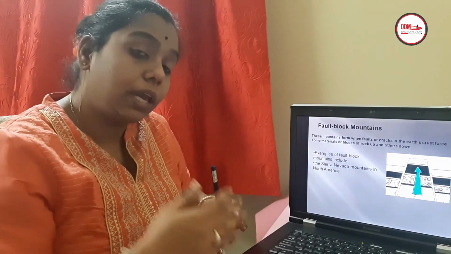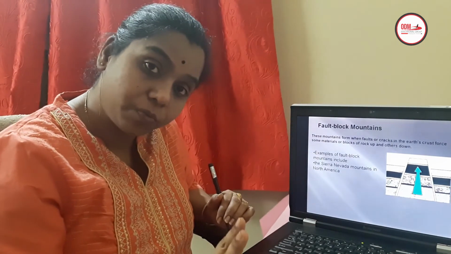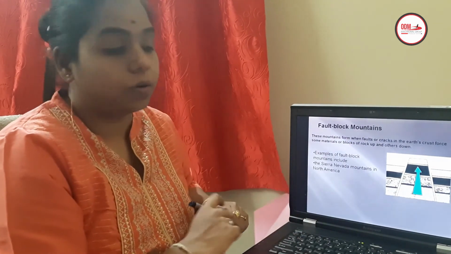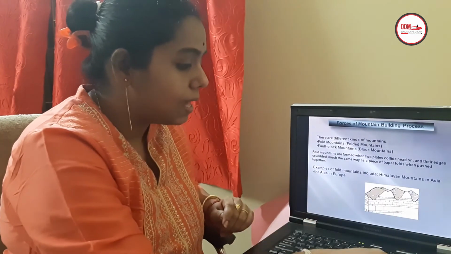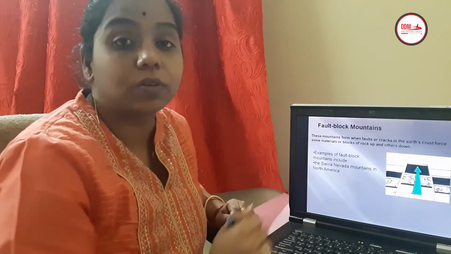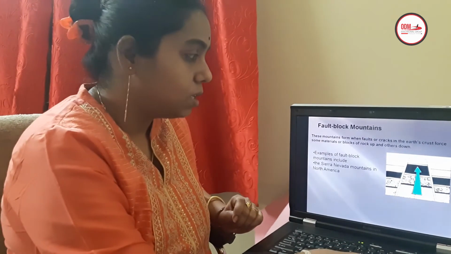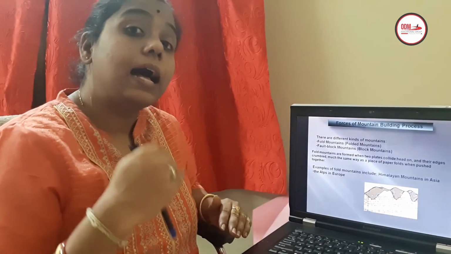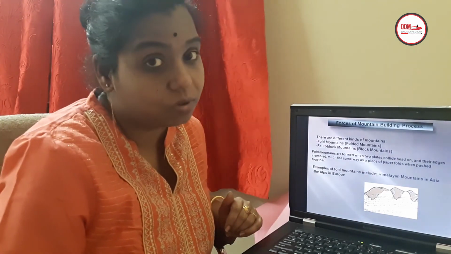So in the concept of mountain building, we have two types of mountains. One is fold mountain, one is fault mountain. This is your fold mountain, and this is your fault mountain. For example, plateaus are some of the fault mountains. So children, I feel you have understood about the endogenic forces and how they cause changes. We will have a lot more sessions about endogenic forces and their influence.